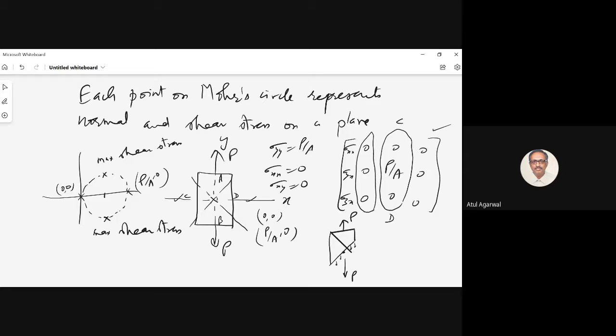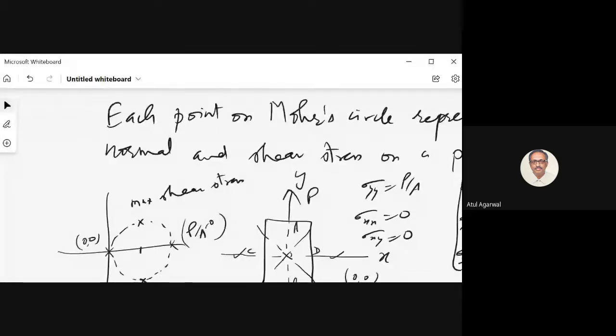So you see this force, you can resolve into two components, a normal component and a tangential component to this face. So this will cause normal stress. This will cause shear stress on this plane. And I had told you earlier that it is the normal and shear stresses which are important because they cause failure. Your material can be weaker in shear, then shear stress becomes important. If your material is weaker in tension or compression, your normal stress becomes important. So you need to know the distribution.